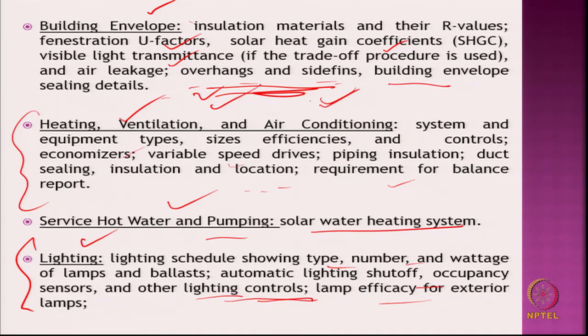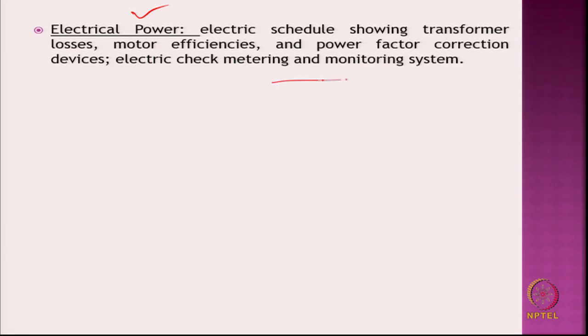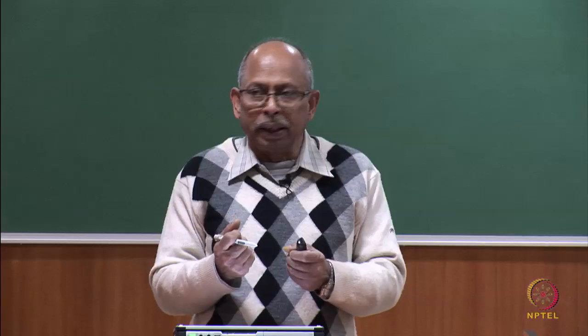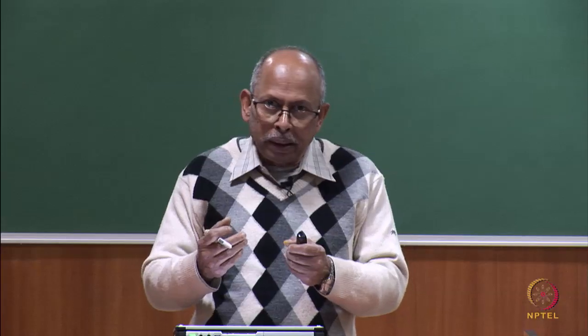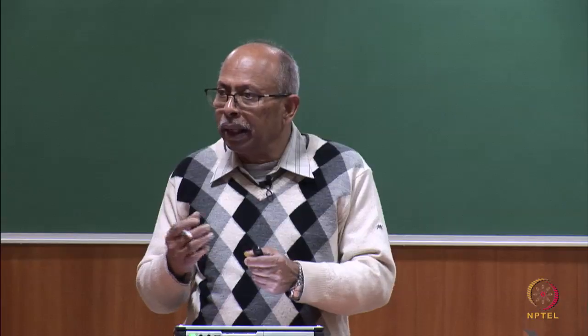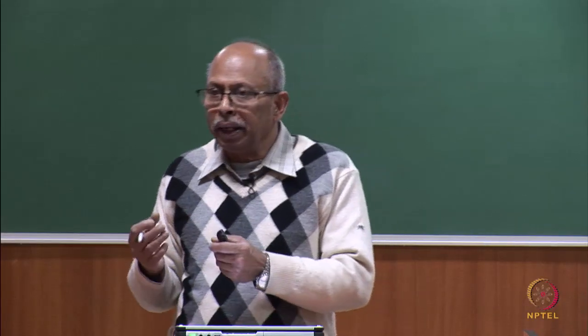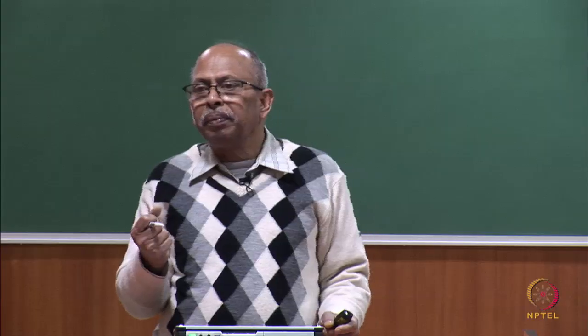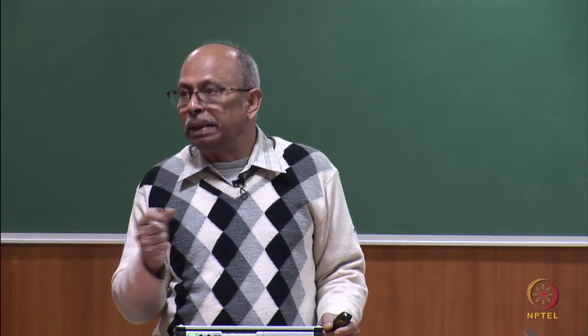So, we will concentrate more on this, but we will see what is there in the code. And electrical scheduling showing transformer losses, motor efficiencies, everything, and power factor correction devices, if required, because in alternating current, some amount of energy is stored. If you have an inductor, or motors where you have magnetic fields, it is basically an inductor: alternating current energy is stored as magnetic energy,